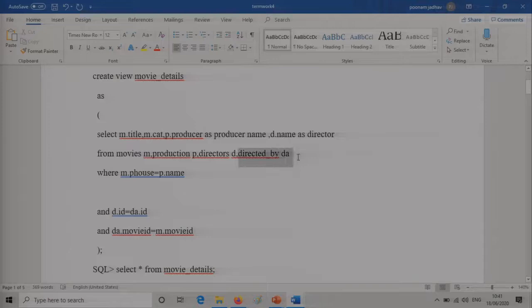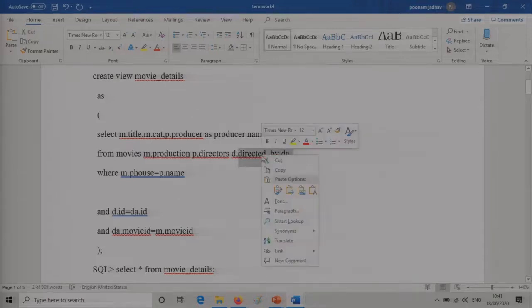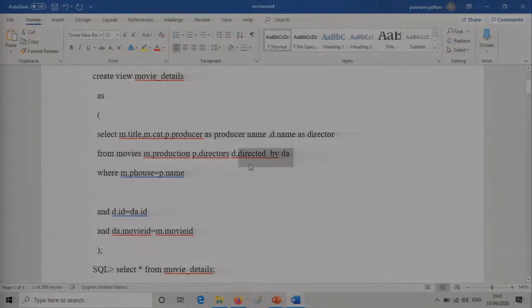I have not removed that red mark, so it is showing like this.